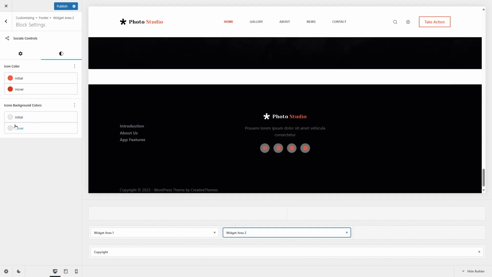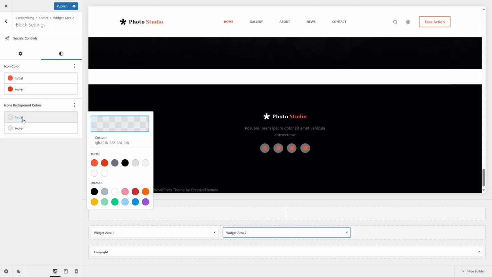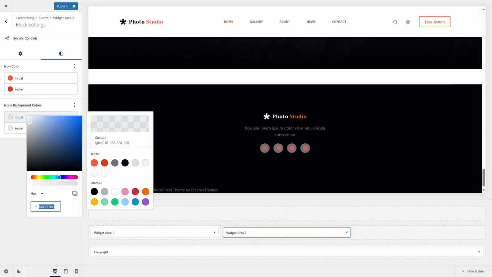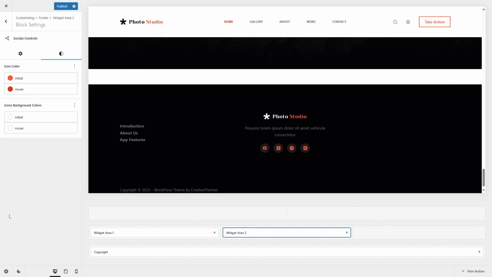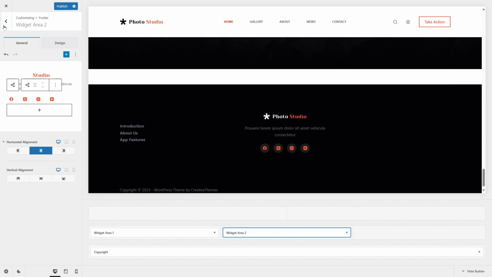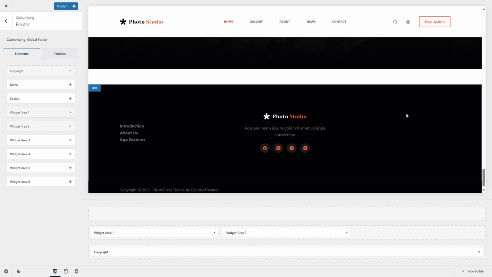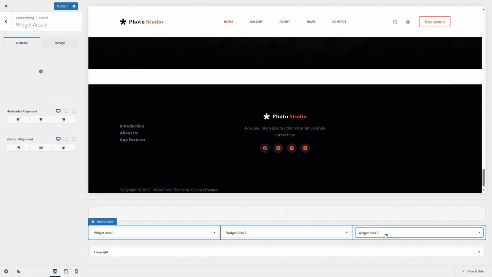Okay, and for initial and hover of the icon's background, what we are going to do is click over here, and we are going to choose our custom color just by clicking over here, and over here we are going to write. Okay, and for the hover, it's going to be 6F and 30. Okay, so now you can see it has changed. Okay, so that goes for the widget 2, and for the third widget we are going to do the same as this widget. So let's grab it and drop it over here,